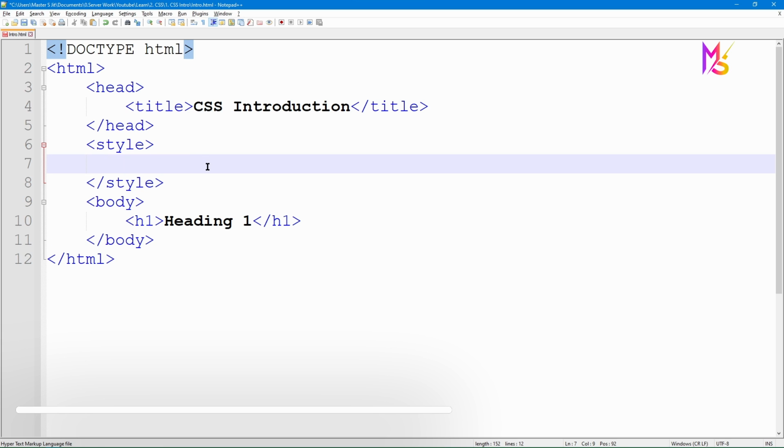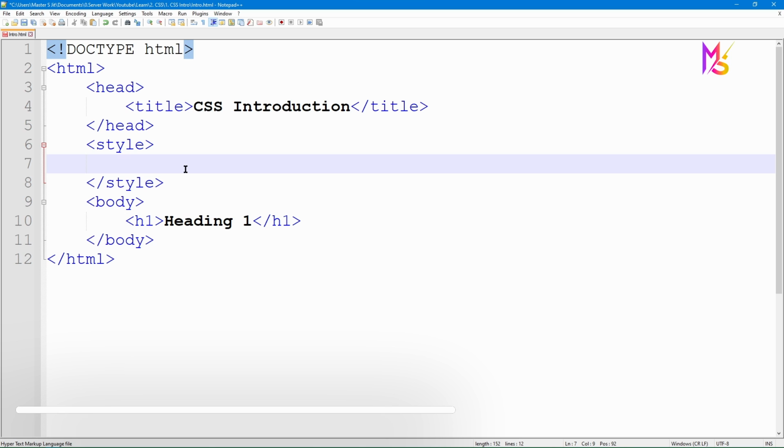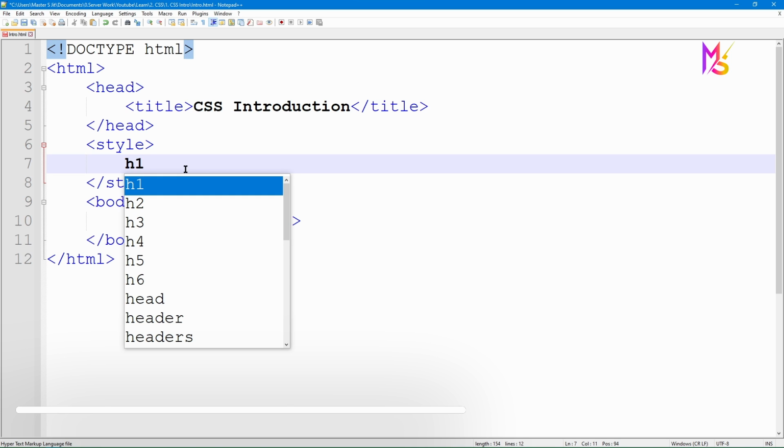In here you cannot directly write the CSS. In the style tag, first you have to mention which part you want to style. So first you write the selector. In here the selector is h1, means I want to style this h1 heading.